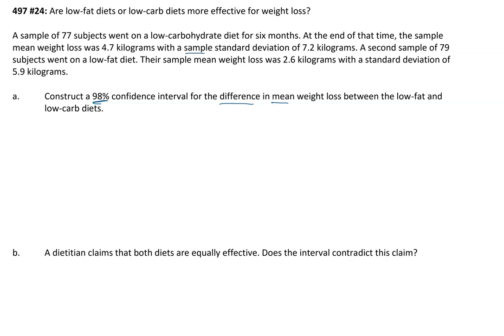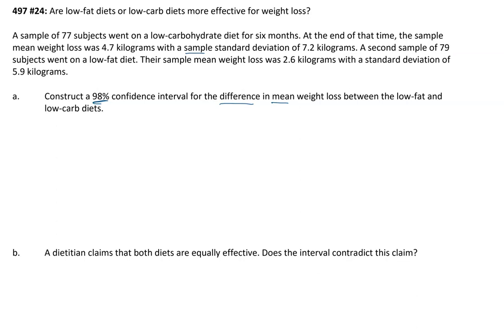As long as you label clearly, you can set your samples up in either order. And if you happen to choose the opposite way from the book, you'll get all the correct conclusions, except you might conclude the opposite. Like you might subtract and get a positive number, whereas the book might end up with a negative number because they subtracted in the other order. So don't panic if you think that you did everything correctly, but something just seems opposite from the book. Ask about it. That would be a great thing to put on the discussion board or ask about during class time. But I will take the things in order.